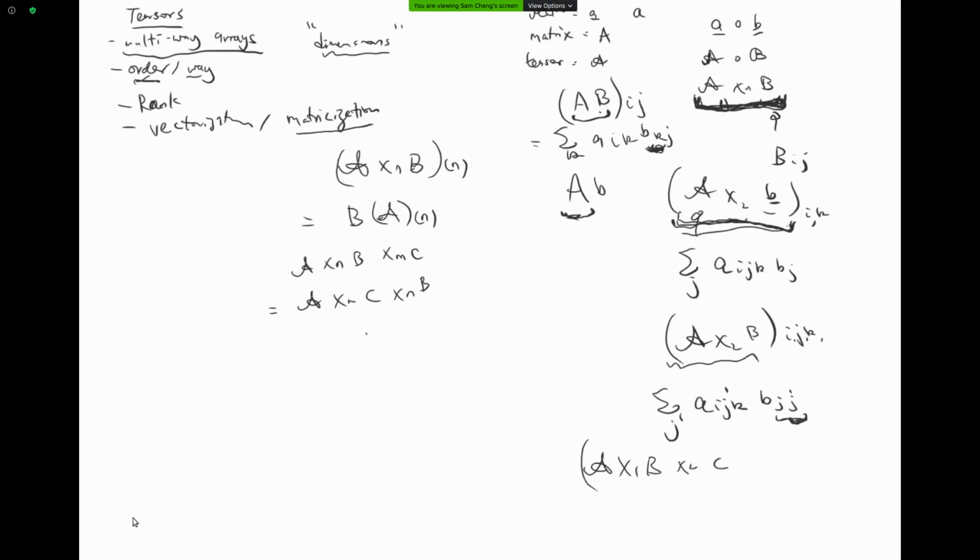Then if I look at the ijk element, first I multiply by B, so this will give me the ijk element of A times_1 B, a sum over i' of a_{i'jk} b_{ii'},